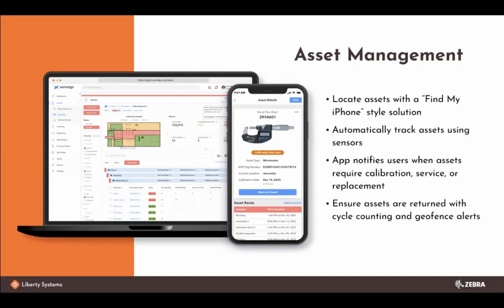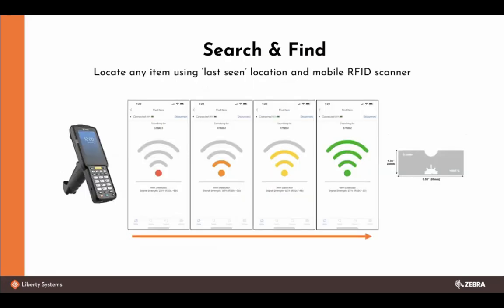So then when you're trying to find an item to calibrate it, using, let's say, a search and find feature, we can actually trigger that to happen and go into that last known location through that breadcrumb trail that we provide with our software, showing you when it entered or exited any environment, any area or zone. You can go into that zone, pull the trigger, and then as you can see, it can illuminate colors on the screen. It makes audible sounds. It gets faster as you get closer,